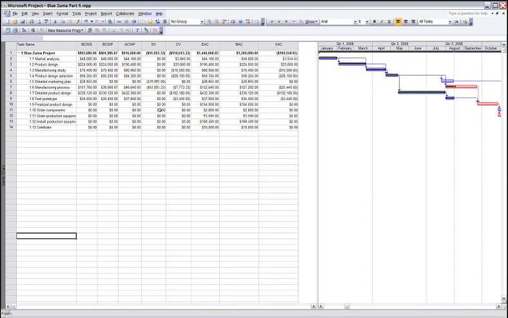So one thing you want to recognize is that Microsoft Project, instead of using PV, they use BCWS. Instead of earned value, it's BCWP, and your text talks about this a little bit and makes that clear. Also, you can click down here to find out more information about what this means. And Professor Larson also talks to you about this in the tutorials. So you have some of your information here that you need,